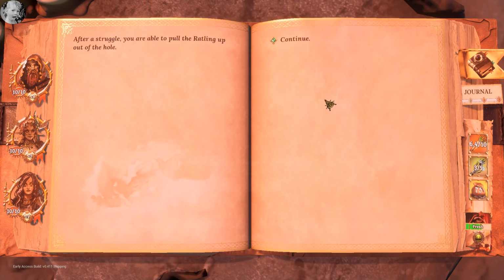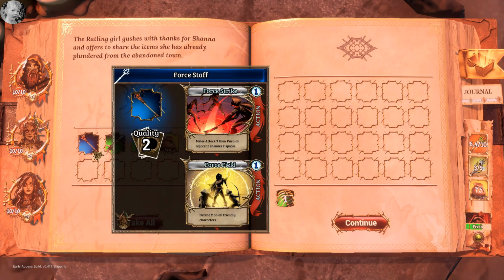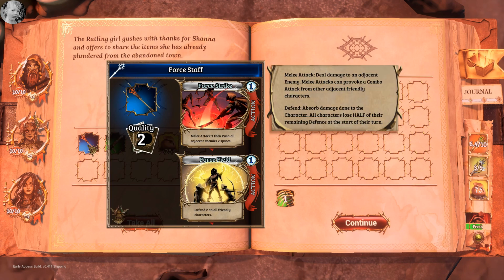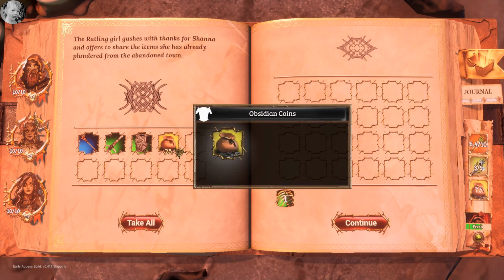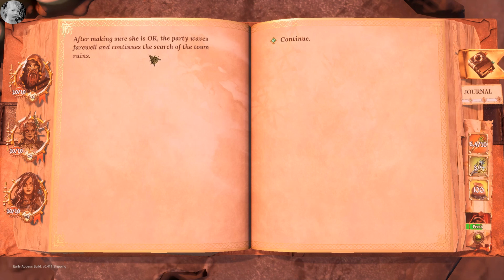After a struggle, you're able to pull the rattling up out of the hole. Wow. The rattling girl gushes with thanks and offers to share her items she's already plundered from the abandoned town. A force staff, a bone sword, heavy breastplate, and some money. Very good. After making sure she's okay, the party waves farewell and continues the search of the town ruins. Well, before we do that,